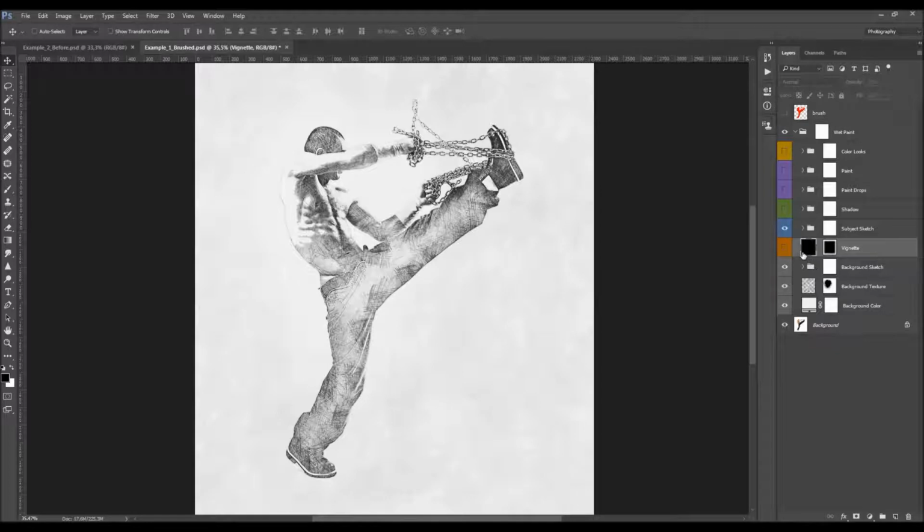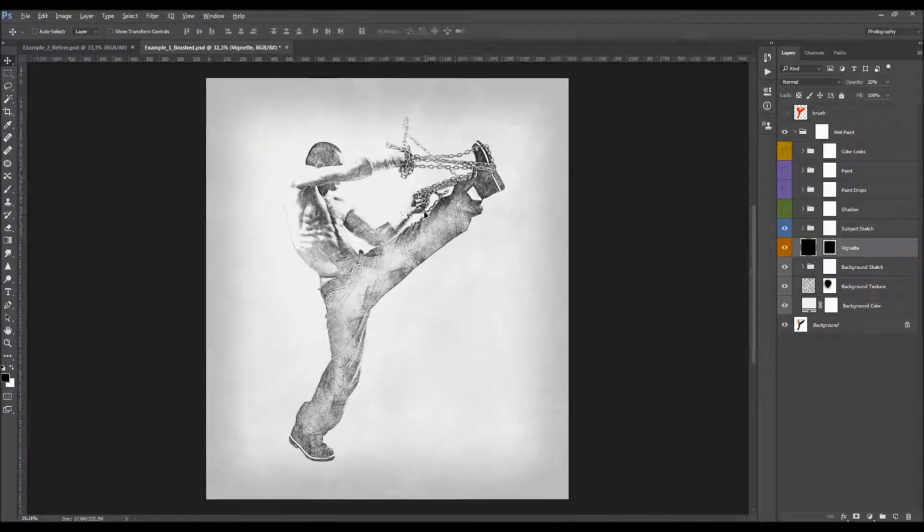Here we got a vignette. All right, so just gonna turn it on and change the opacity here. Okay,